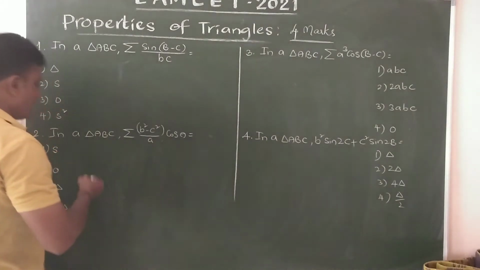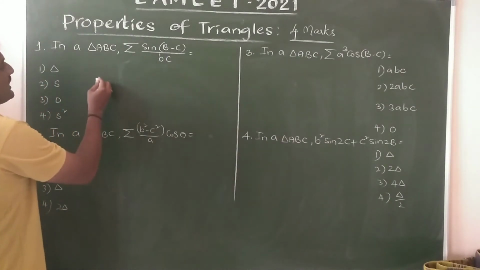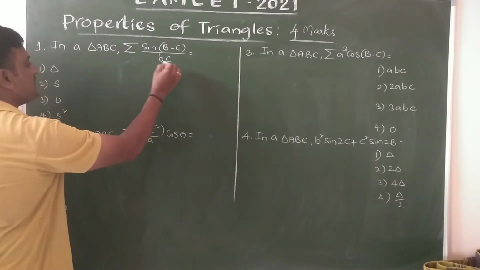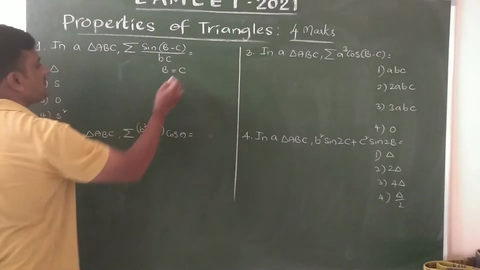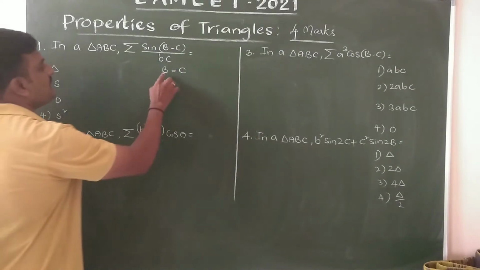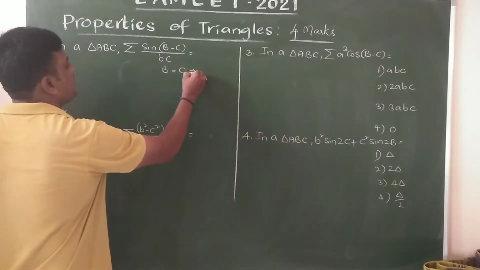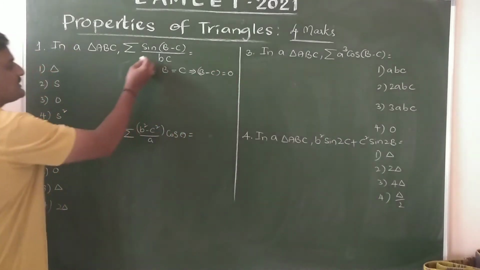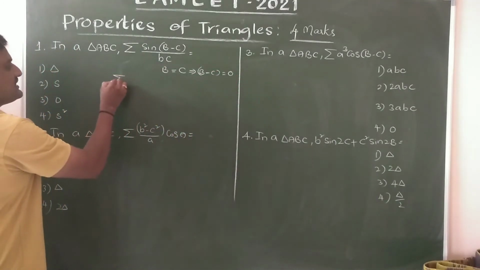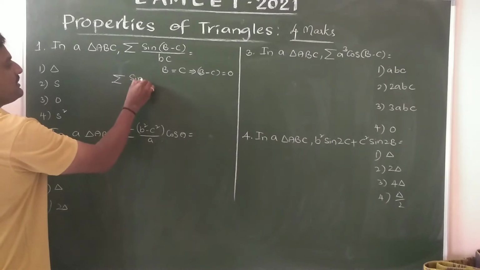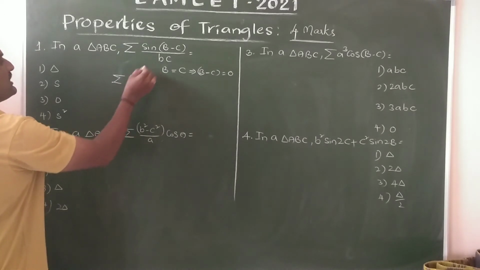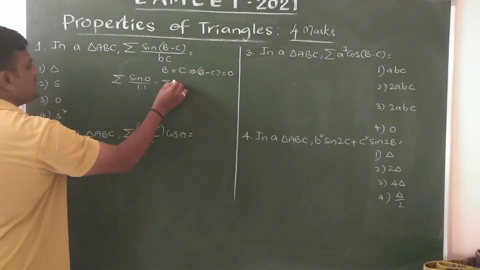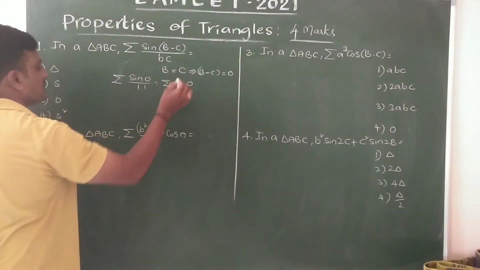Here, applying the magic triangle, clearly we know a equals b equals c, every angle equals the other. Then b equals c, so b minus c equals 0. Yes or no? Let's suppose, then sigma sin of (b minus c) should be 0. With bc nothing but, suppose, 1 into 1, that equals sigma sin 0, which is 0. Yes or no? That is 0.